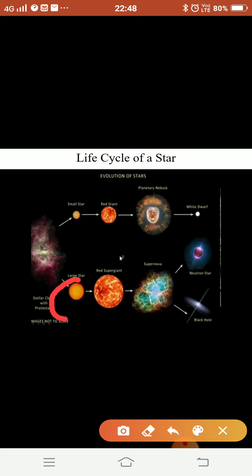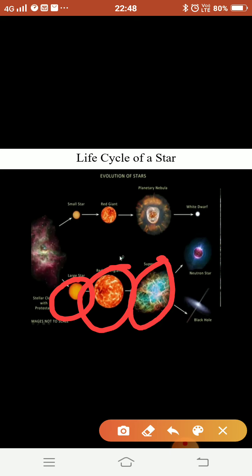It will be a large star at first, later it will become a red giant, and after the red giant stage the star starts collapsing, meaning it starts condensing, so it will become very dense, and this dense matter will explode in the form of a supernova. After that, it will end up as a neutron star.